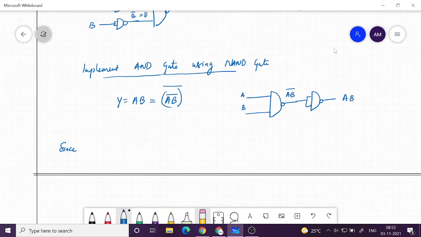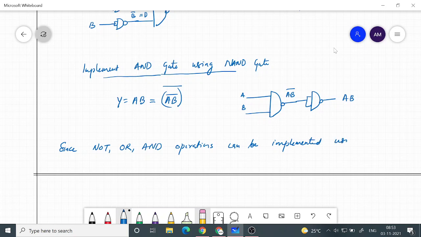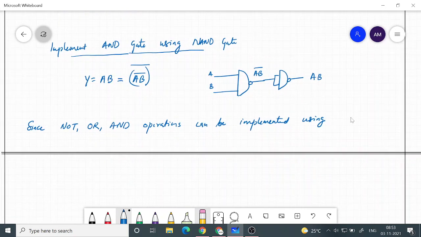Since NOT, OR, AND operations can be implemented using NAND gate alone.